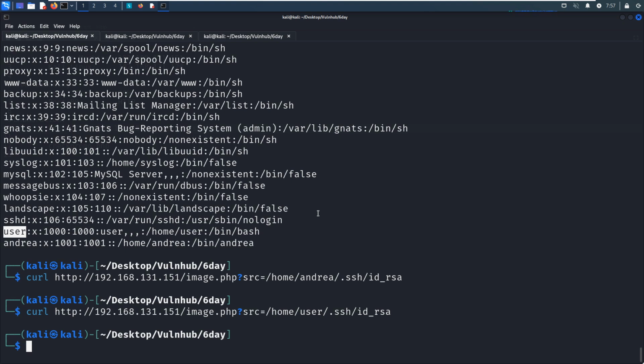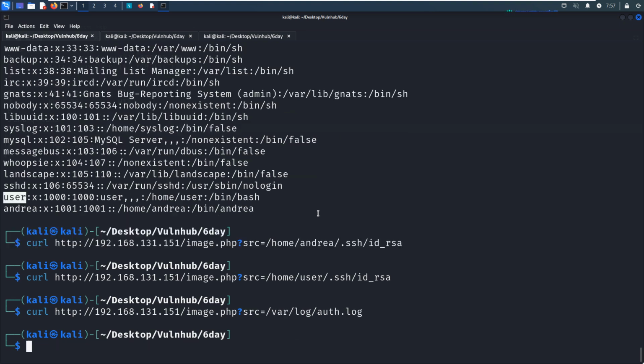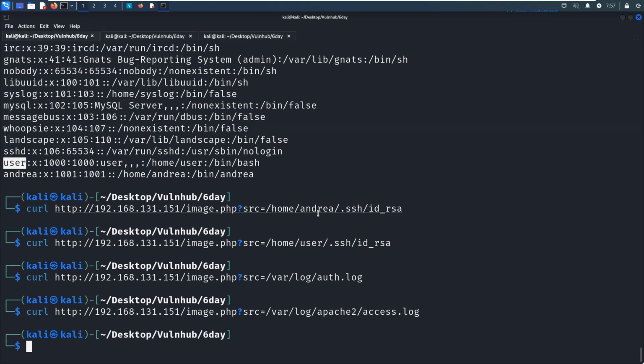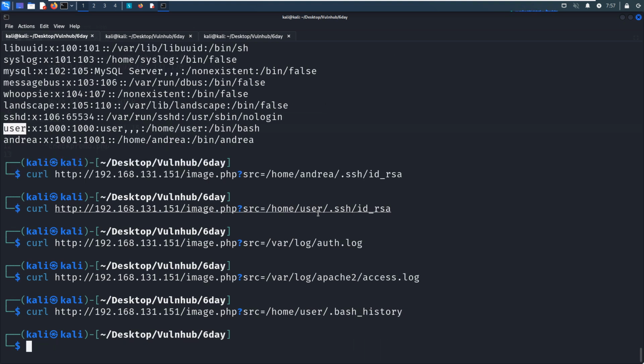And because SSH is running on the target, next we can try to access the authentication log file, var log auth log, but nothing returned. So how about the Apache2 access log? Nothing returned. How about we try to retrieve the bash history, but nothing returned.